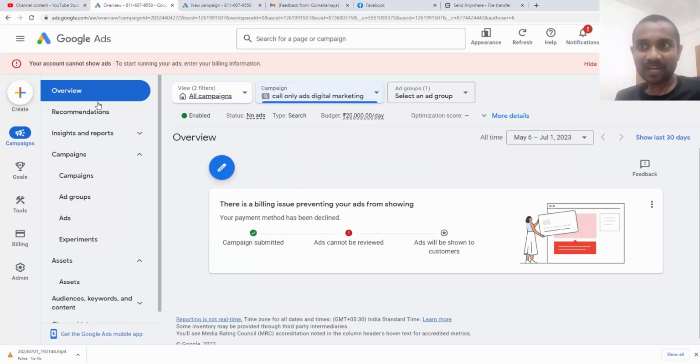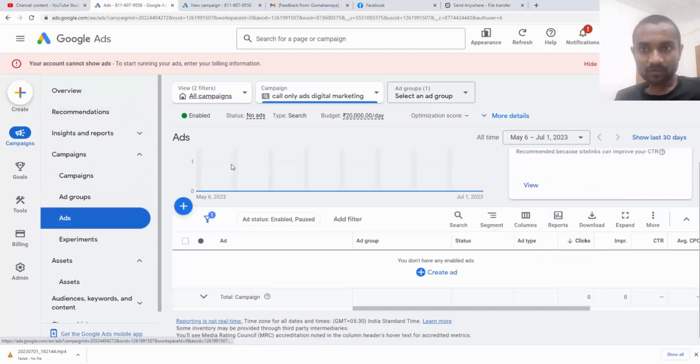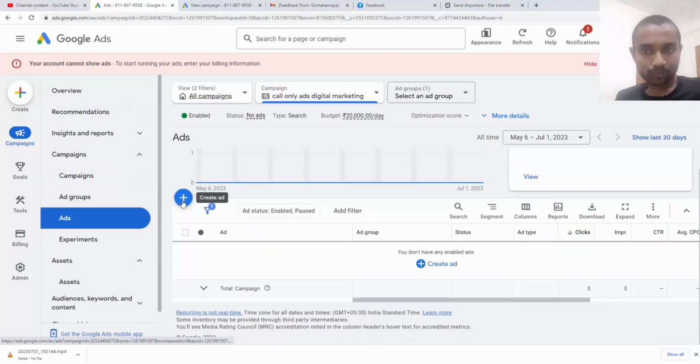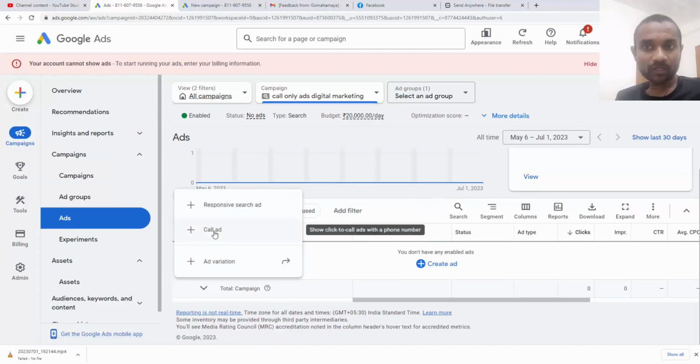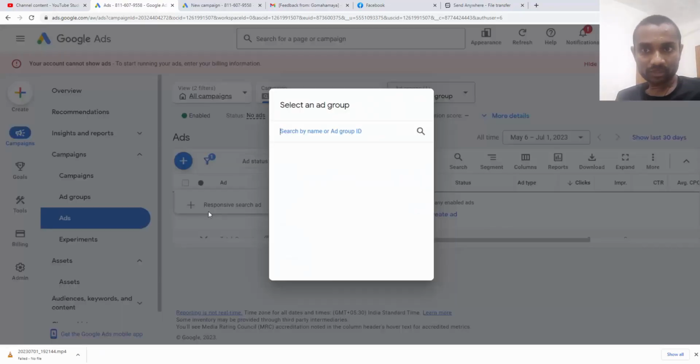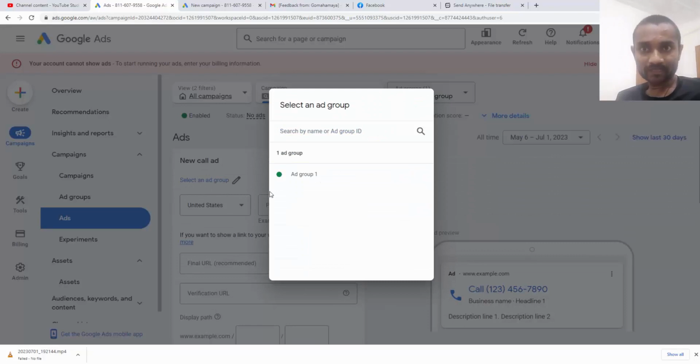And inside that, the overview option is there. Inside campaigns, the overview option is there. Inside overview, we have ads. If you click on that ads, you'll find the option of plus create ad. Click on that create ads, and we want call ads. Instead of responsive one, we want call ads, and select ad group, ad group 1, that we added the keywords